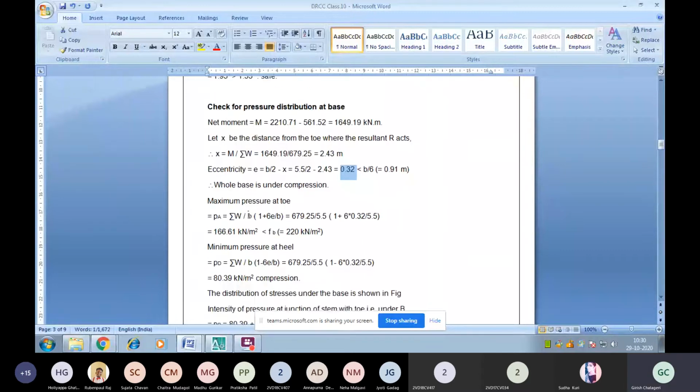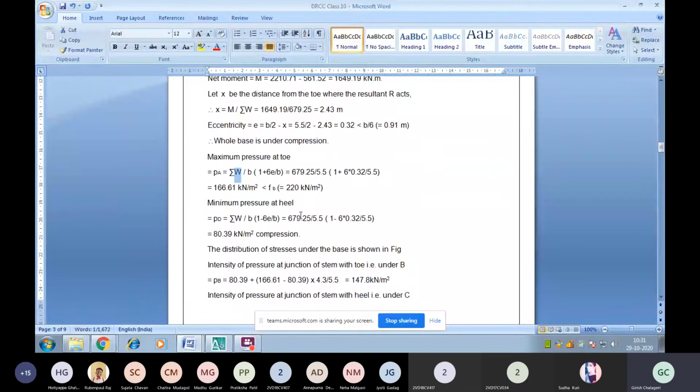Then the maximum pressure at the toe will be P_A, which is the maximum pressure, and P_B at the heel. So, summation of vertical force divided by B, times bracket 1 plus 6e by B. The e value you got is 0.32, the B value is 5.5, and W is already 679. Substitute all the values, we get the maximum pressure at the toe will be 166, which is less than the